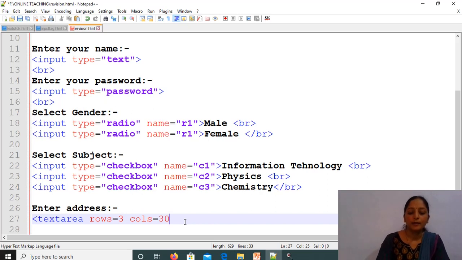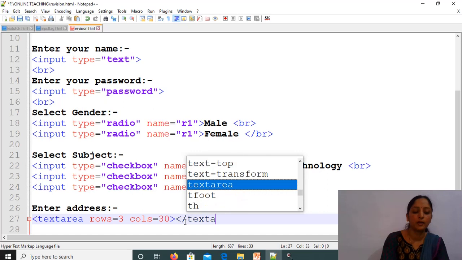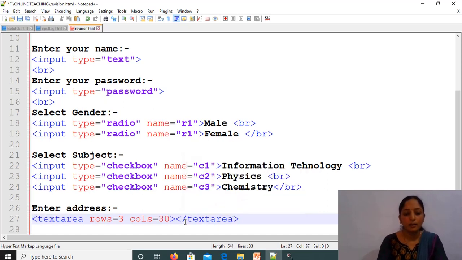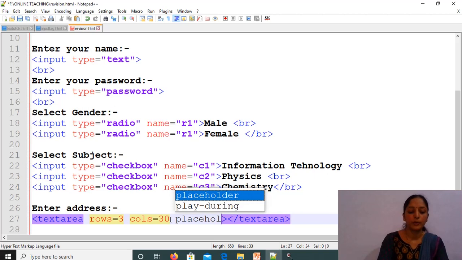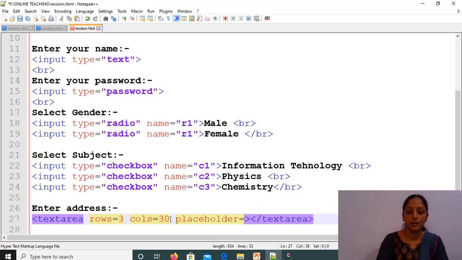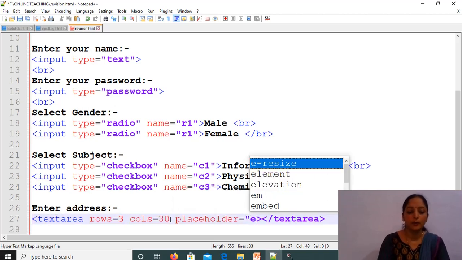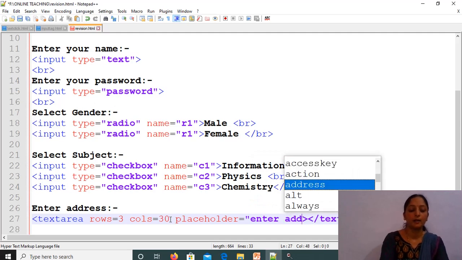Then end of textarea, which is very important. It is necessary to end the textarea. Now just see here, for this textarea we can use the placeholder attribute. Placeholder is equal to, just provide some value, for example, enter address.